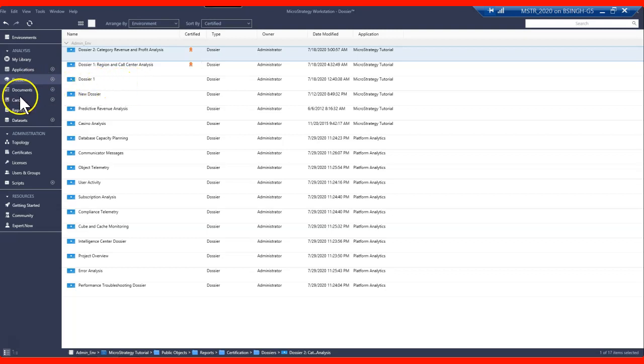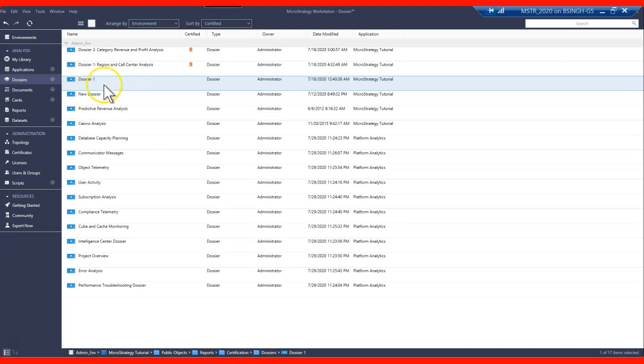So let me show you how you can certify it from here. You just need to click on the dossier, and this window will appear, and you can see all your dossiers here. Select the dossier which you need to certify, right click, and here is the option to certify it. Just certify the dossier, and you can see the date and time: today is 5th of August 2020, and the time is 11:20, so you can see it's certified now.